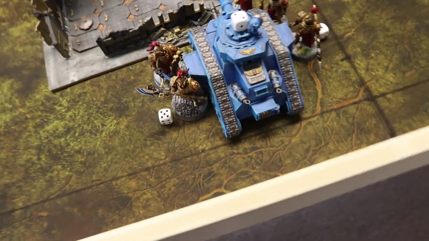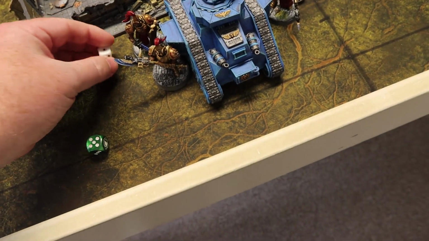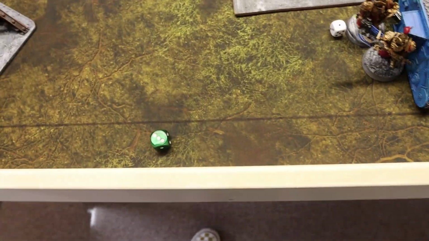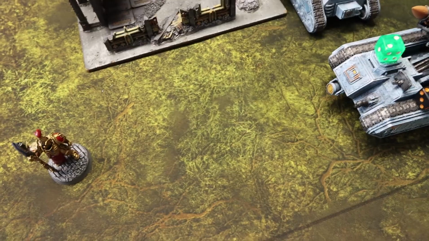Oh, he does! So he's going to do D3 mortal wounds to these guys. Doing 3. So this guy is going to be dead, and then this guy's going to be down to 1. D3 onto these guys. Doing 1, but that's still going to kill that guy. And then D3 into the Shield Captain. Doing 2 mortal wounds. And then this guy activated, so he piled in 3 inches and then consolidated 3 inches